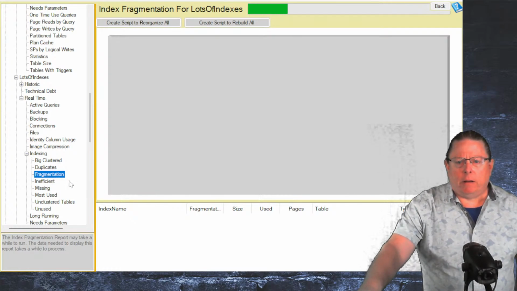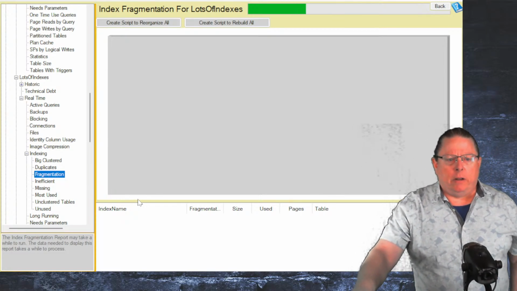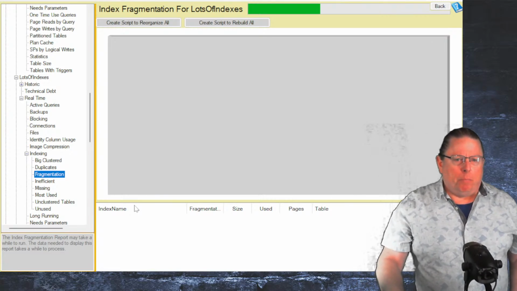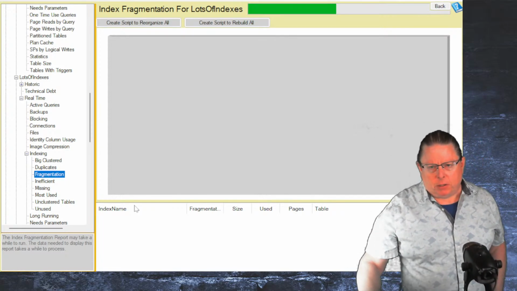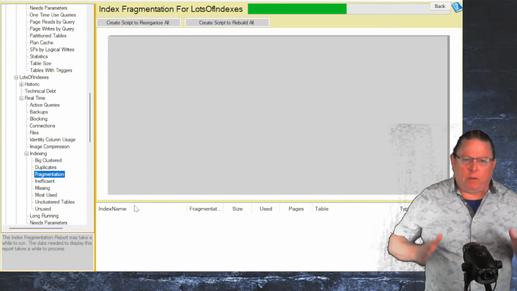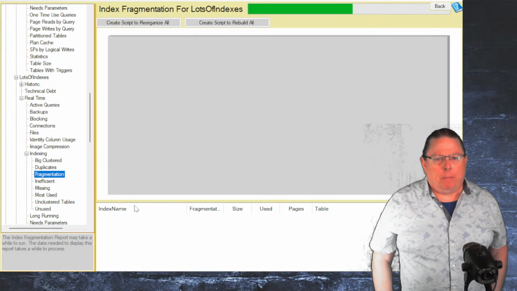I might not have a database that has enough fragmentation here, because it's a demo, to actually show this one very well. We'll let it run for a minute and see if we get anything. I'm pretty sure it's not going to show anything, but it's scanning the database. What it's doing is looking for fragmentation, and it has to look for tables that are over a certain size threshold. Because if you have a really small table that's fragmented, it's not that big a deal